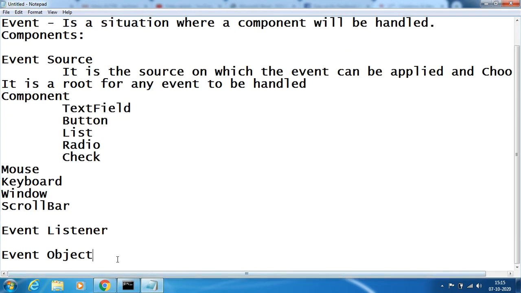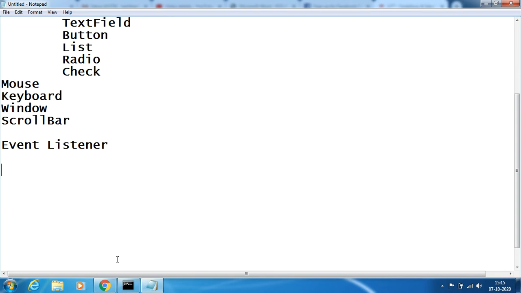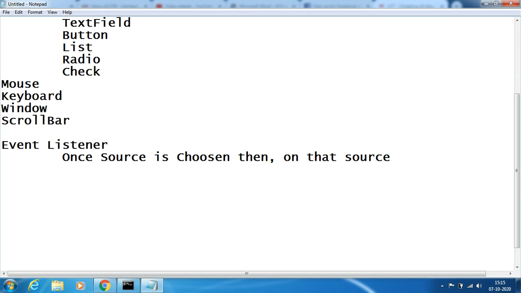Coming to the next part, the event listener. Event listener is nothing but, once the source is chosen, on that source there has to be some kind of person who has to listen.